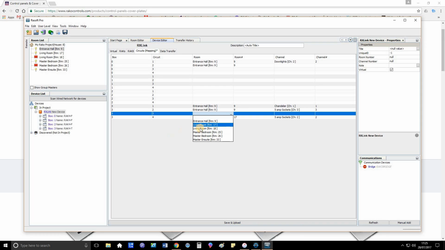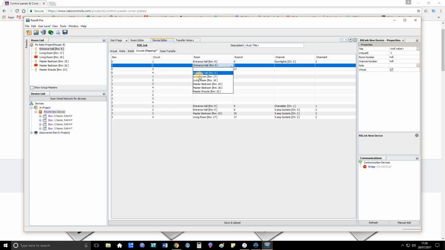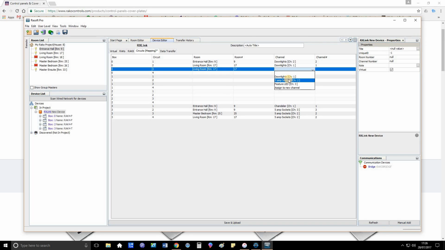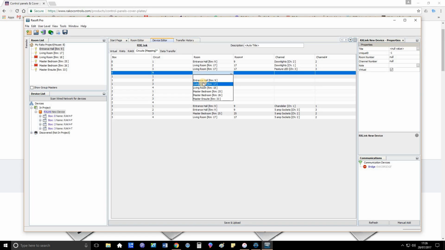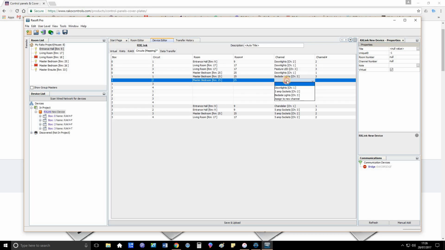So what else did we have? We've got a living room. No, we've got a master bedroom, haven't we? Master bedroom 5 amp sockets. So those are nice dimmable, phase dimmable circuits we've got there. Let's carry on up here. So we've also got the living room. Actually, what have I got here? Living room downlights. We've done the 5 amp socket. We've got some feature LED. Master bedroom downlights. Master bedroom bedside lights. I think that's all for the master bedroom. Sorry, the master ensuite